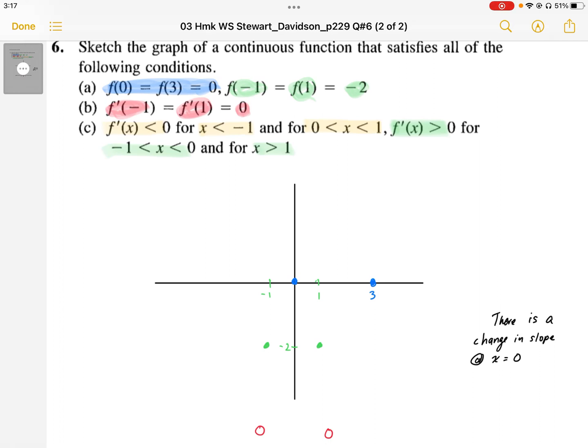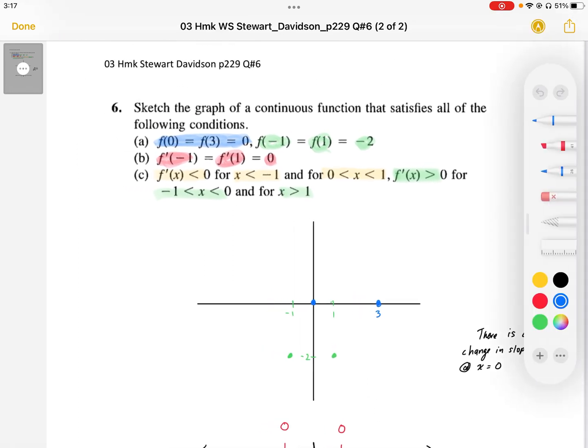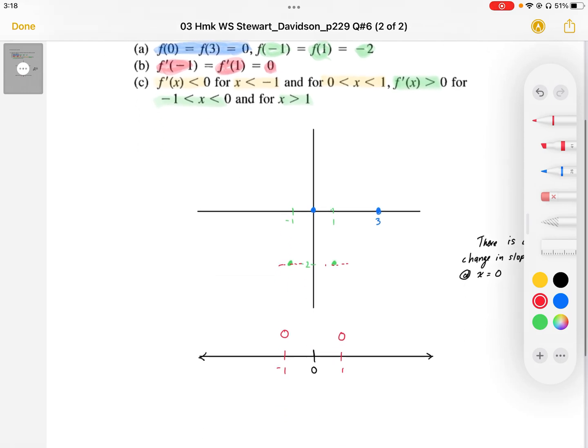For B, it says f prime of negative 1 and positive 1 is equal to 0. Well, what that means then is that we have a 0 slope at those coordinates. So that must mean it's either a local min or local max at those 2 points. So those are horizontal tangents there. And so I put them on my slope chart here, and I can figure out what the slopes are based